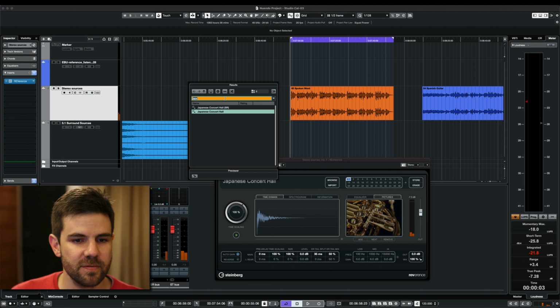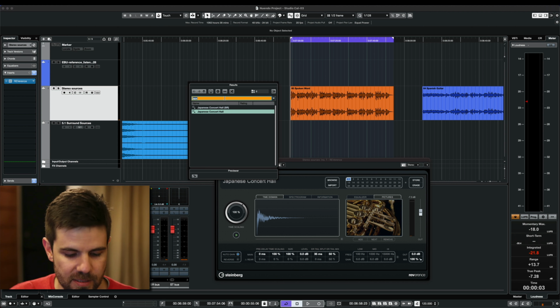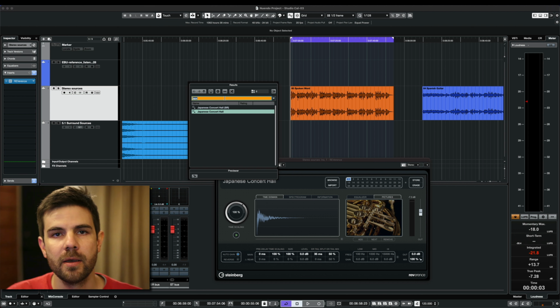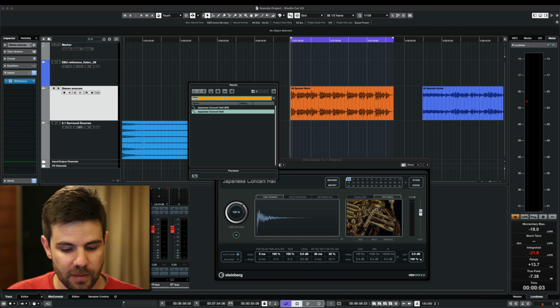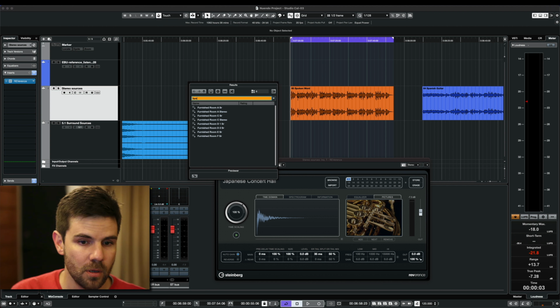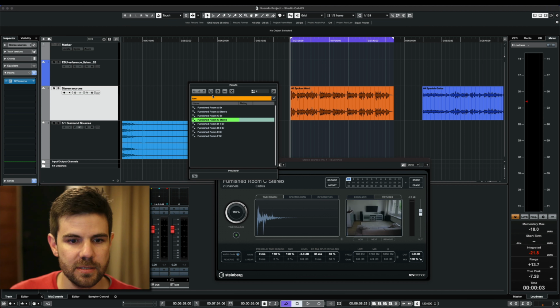But post-production specific things that are very useful are actual living spaces and some devices. Now, it's definitely not as refined as something like Altiverb and Indoor and what's their speakerphone plugin. But if you put this in a furnished room, let's go for C for no particular reason, you will hear